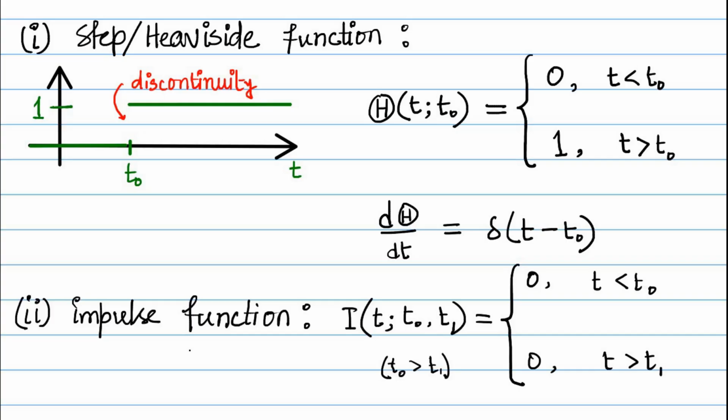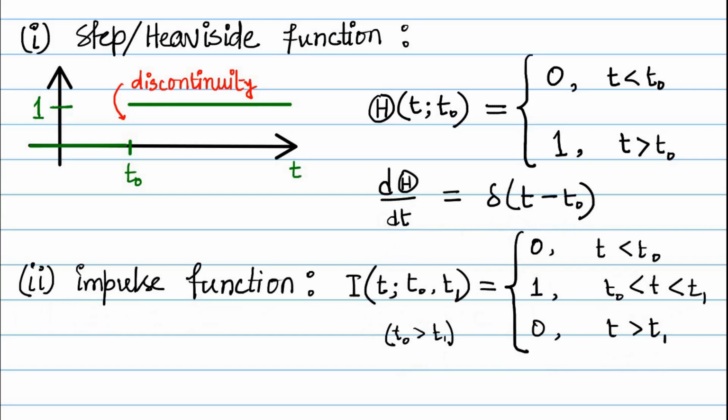So before t0 it's 0, after t0 it's 0, but in the middle, so t0 less than t, and less than t1, here it has the value 1. So how does it look, and what is the relation of the impulse function and the step function? Let me first make a little bit of room, so we can immediately write the relation between the